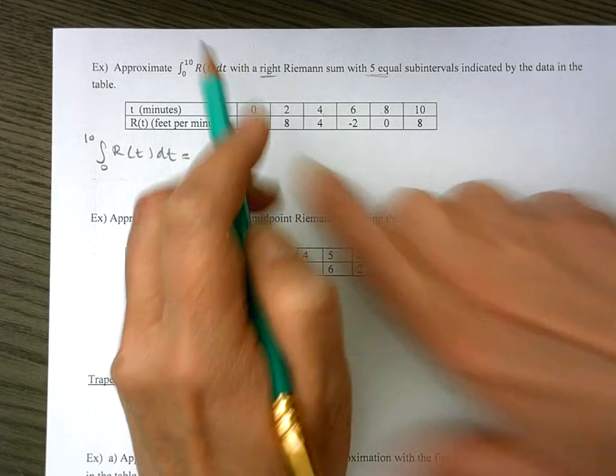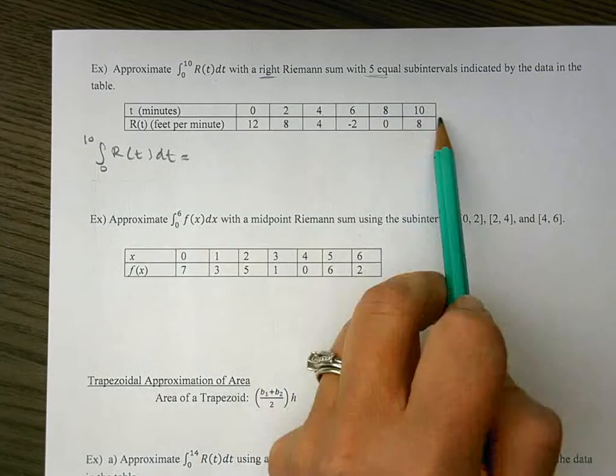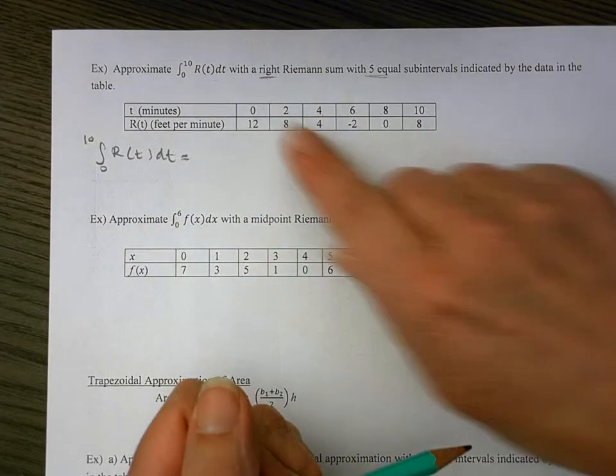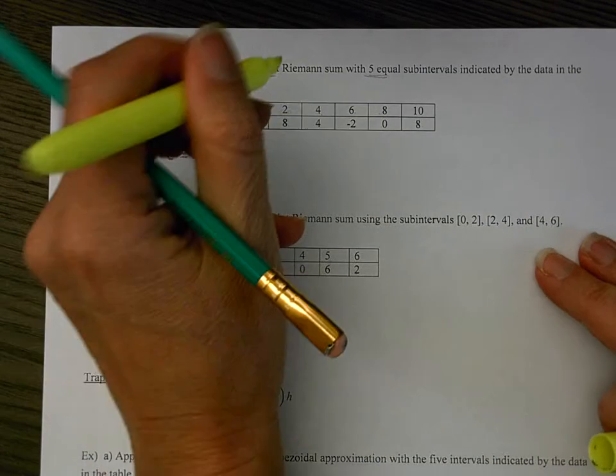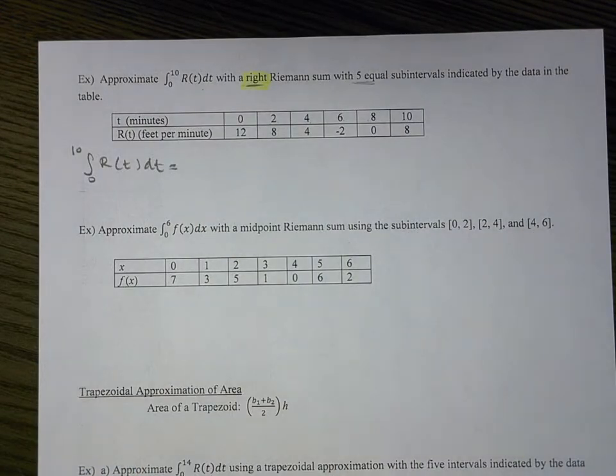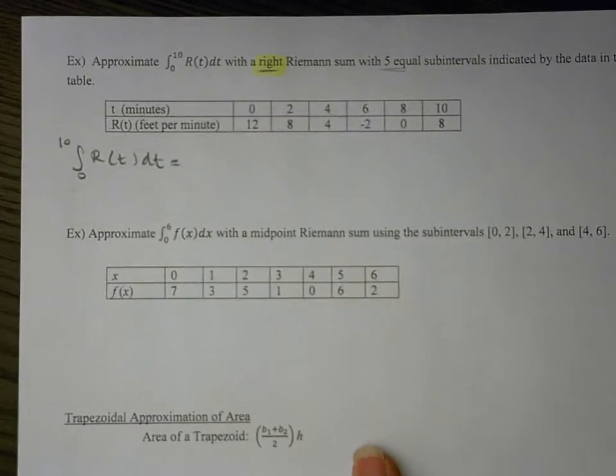So again, like these are our x values, right? And these are our y values. And we are doing a right Riemann sum. So I'm going to highlight that so I don't forget halfway through the problem. Okay, so right Riemann sum. Okay, so for this one right here, what I want to do is take a look at